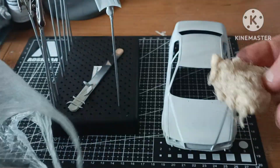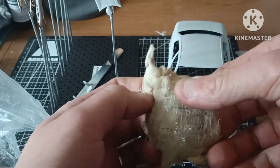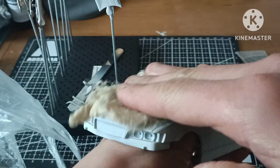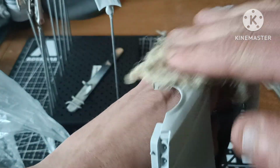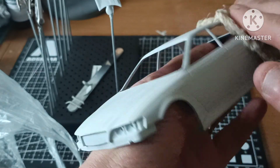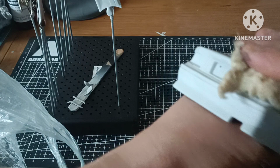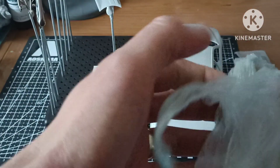So that's my Tamiya anti-static brush. This is my tack cloth. I do have a stack of tack cloths, but I only use one little bit at a time, and I keep it in a sealed, rolled up sandwich bag instead of just leaving it on the side. I always give the bodywork, bumpers, anything like that, a good rub with the tack cloth. Once it's had a good rub, I like to give it a brush down with the anti-static brush, just to get rid of any static charge as such,